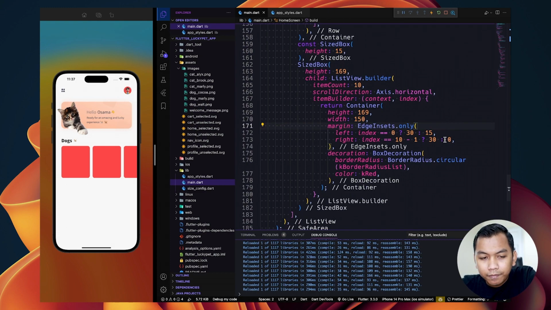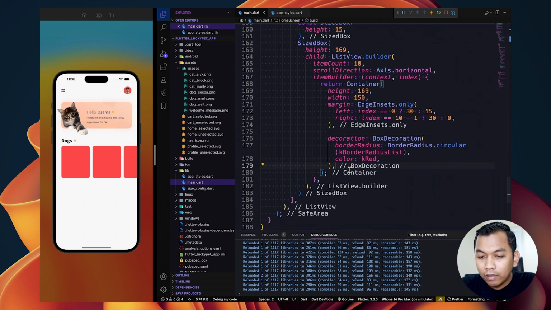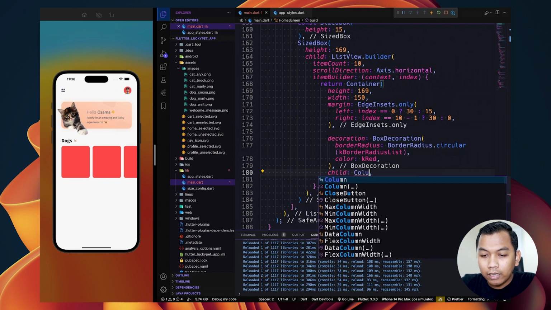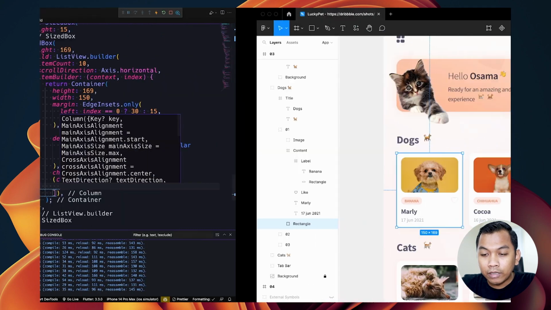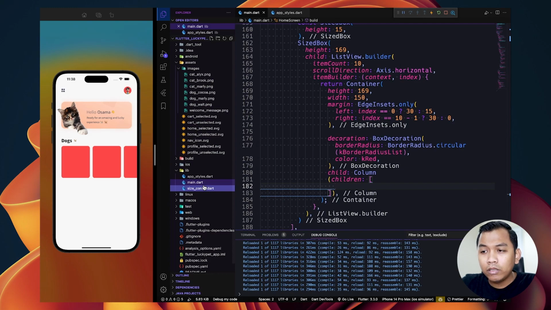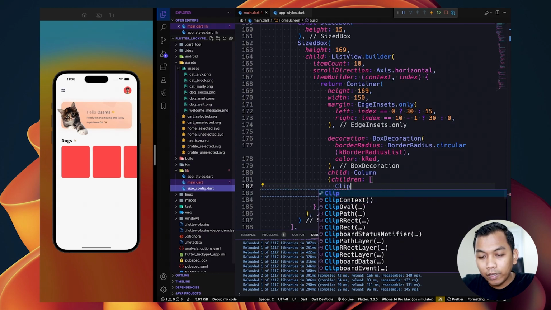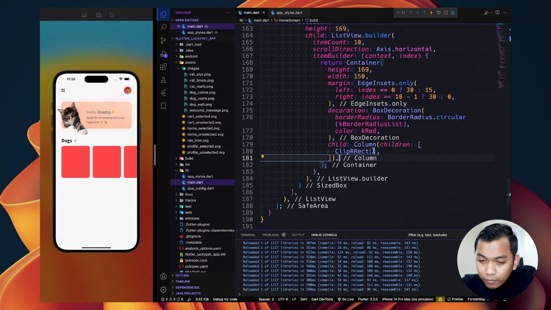Alright, and inside this container we will have a child, and for the child, let's think it's kind of like a column widget because it's from top to bottom. So the first widget will be ClipRRect. Why do we use this? Actually, we can use a container because a container also has a box decoration.